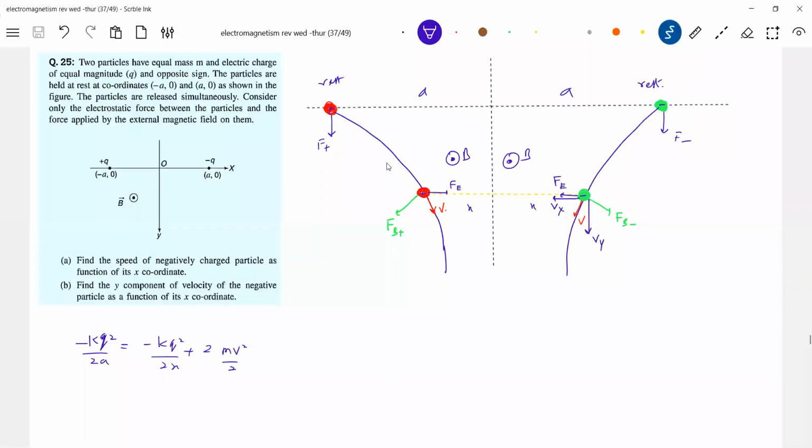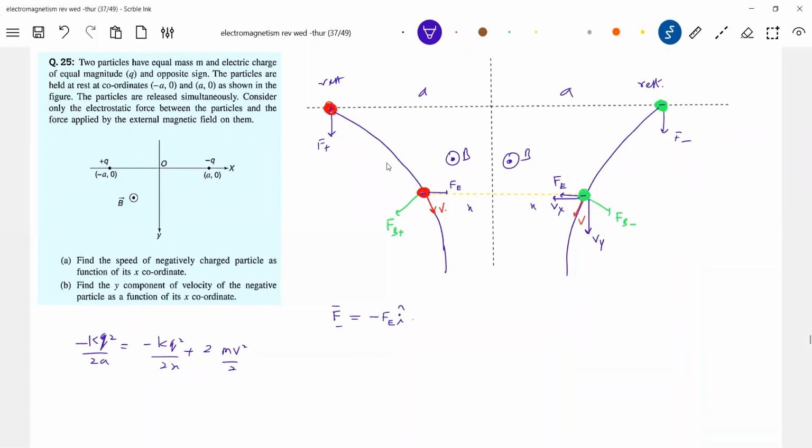Something we have to think on this. Let's calculate total force on any one particle. Let me take the negative particle. Total force acting on the negative particle should be the electrostatic force